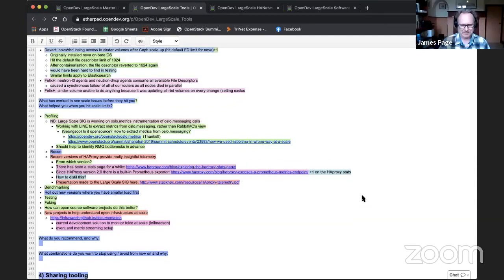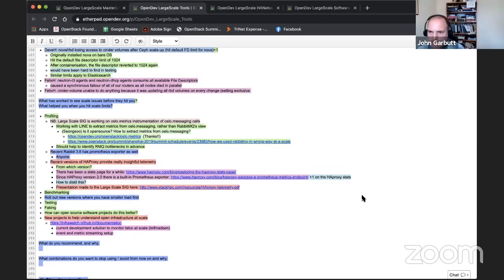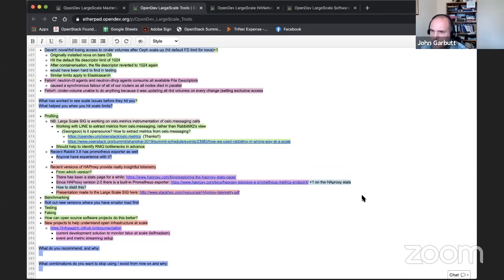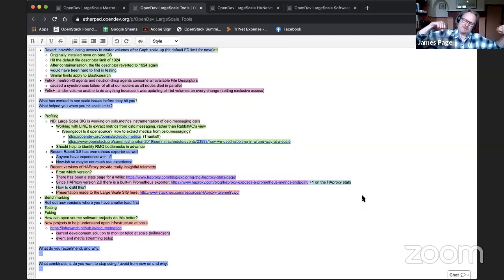I think 3.8 is still fairly new, isn't it? I can't remember exactly when it came out, so it might not have that much deployment or production exposure yet. But it sounds like a really cool feature. Yeah, I was hoping the folks that were saying about it yesterday were on. It's true. I think Erlang dependencies mean it's a little hard to upgrade sometimes in OS packages. Yeah, I think from an Ubuntu perspective, we only put it into Focal and didn't backport it to Bionic because of the Erlang dependency issues.